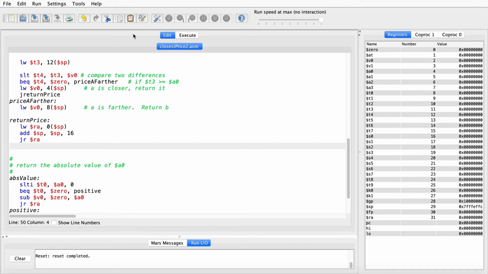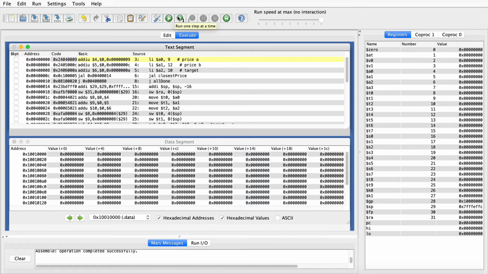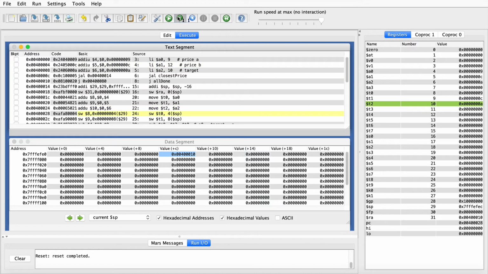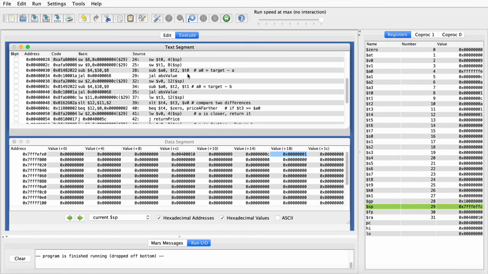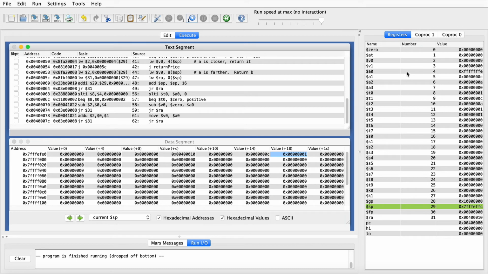So now let's see what happens when we run the code. So we'll step through one line at a time. So we get to the end, and we look in V0, and we have the value 9, which is the correct answer. So we did fix the bugs. But actually, it turns out we just got lucky,